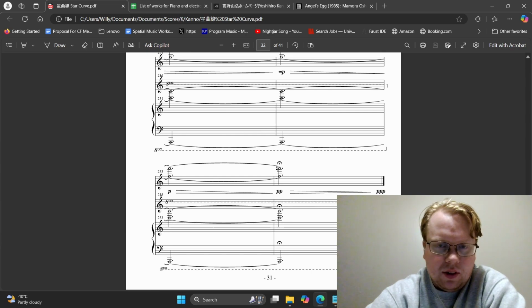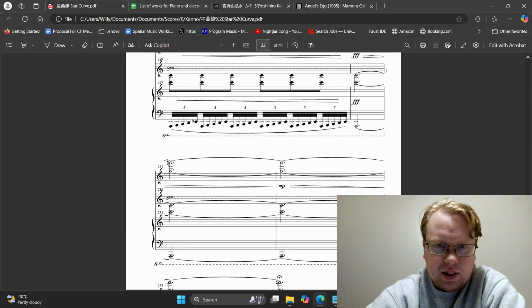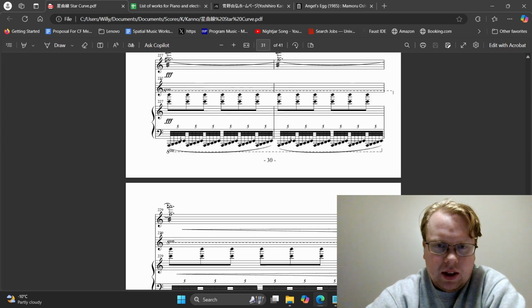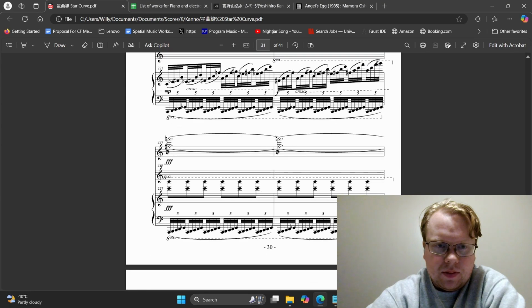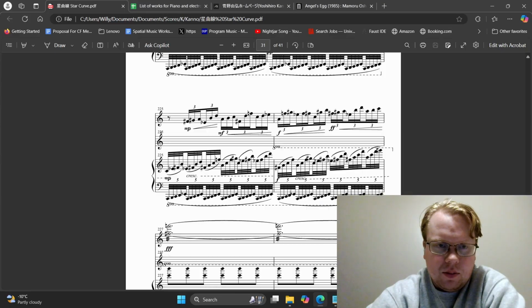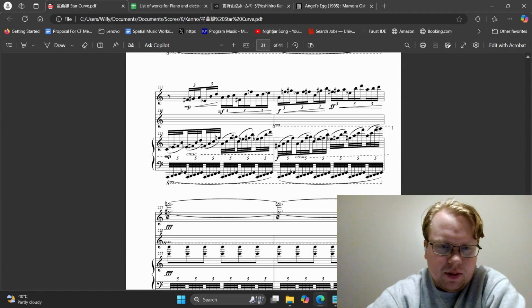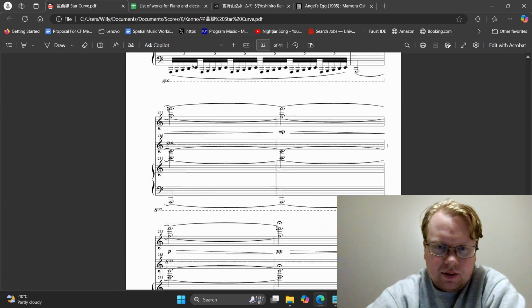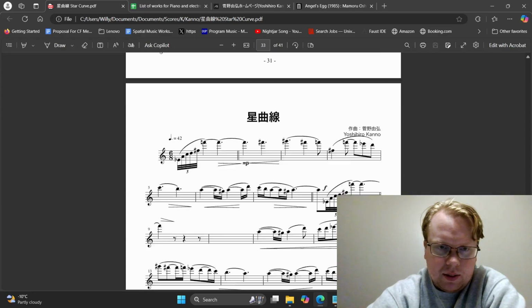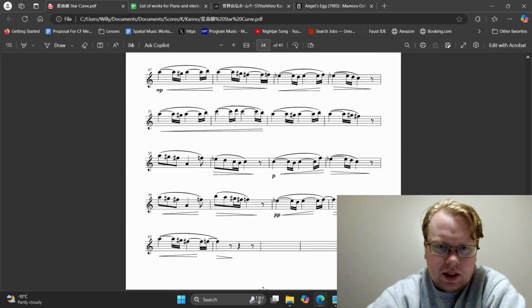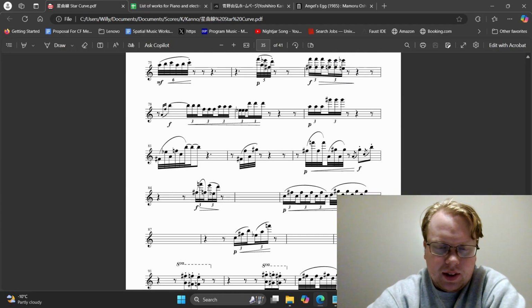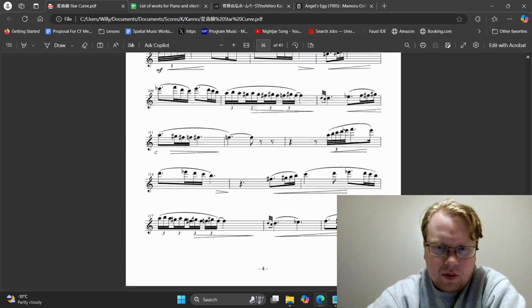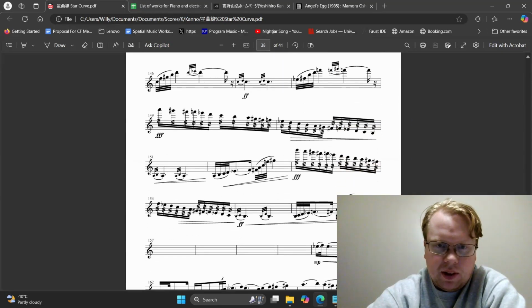The score itself is a little bit messy. I'm seeing a lot of collisions and a lot of just weird decisions, like having 3 measure numbers on the left. But the parts are really neat looking, so I can't fault him for that. Probably the performers will just be using that score to coordinate things anyways.